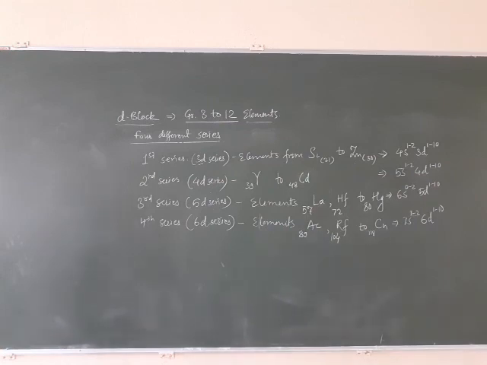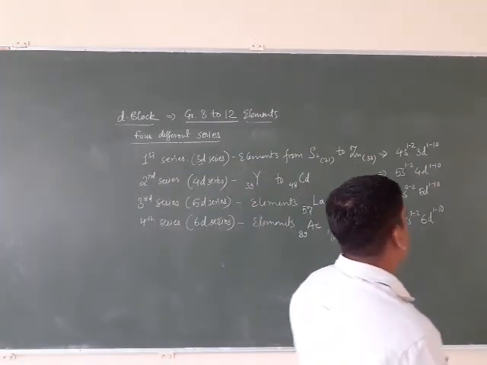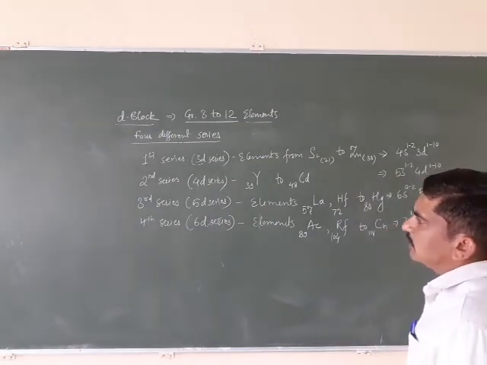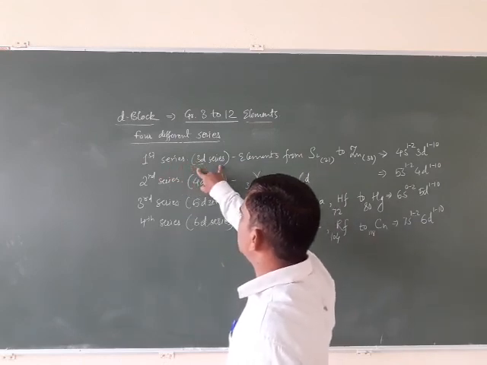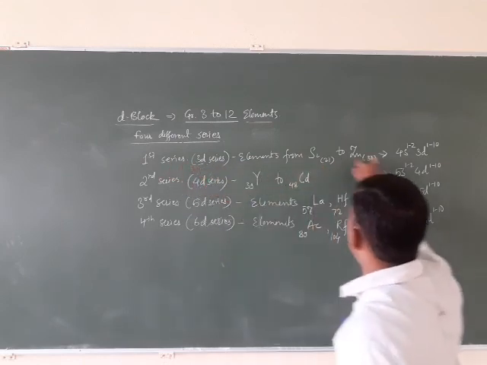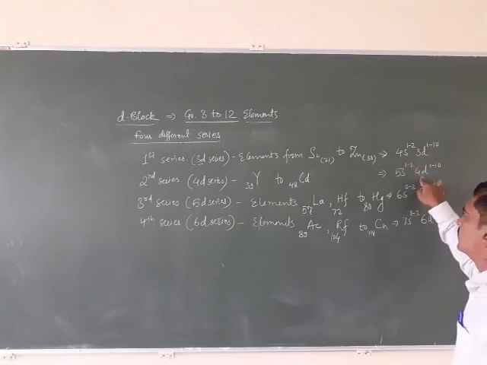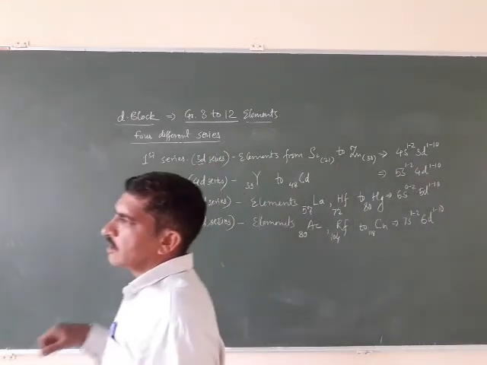These are the series in which the D block elements are further classified for the simplification of study. Why is the first series called the 3D series? Because the last electron enters the 3D subshell. Similarly for 4D, 5D and 6D, and from that we have given the names of the series.